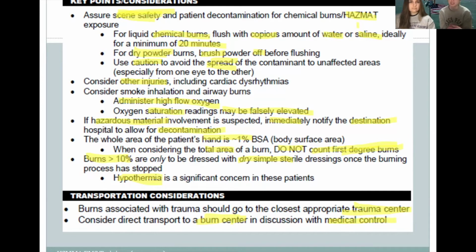Consider other injuries like cardiac dysrhythmias, and when you're looking at what the patient has gone through, consider things like smoke inhalation. That's going to warrant things like administration of high flow oxygen. Oxygen saturation readings may also be falsely elevated, so be aware of that. Be aware of hazardous material and definitely notify the destination hospital if that's an issue, because they need to get